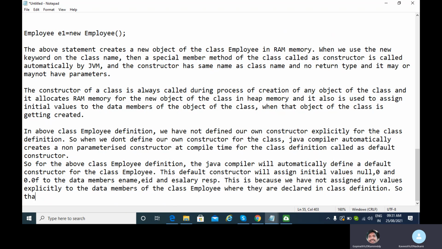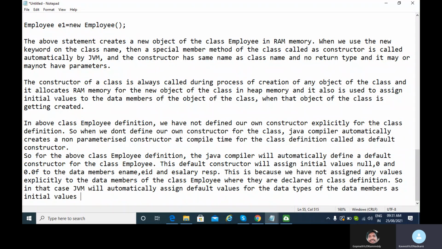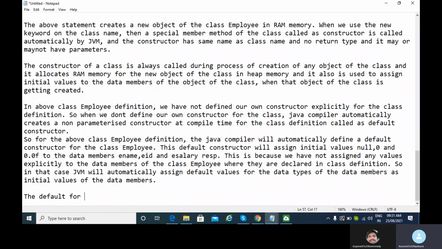In that case, what will happen? The JVM will automatically assign default values for the data types of the data members as the initial values of the data members. Clear? Which are the default values for the data types?